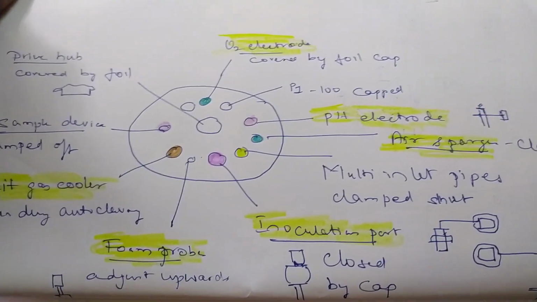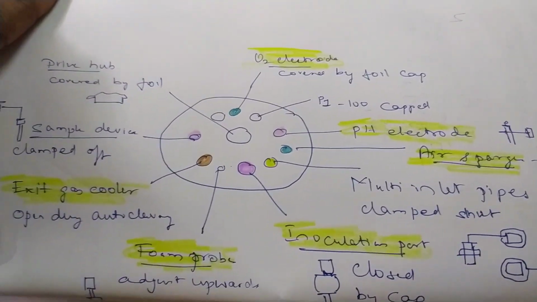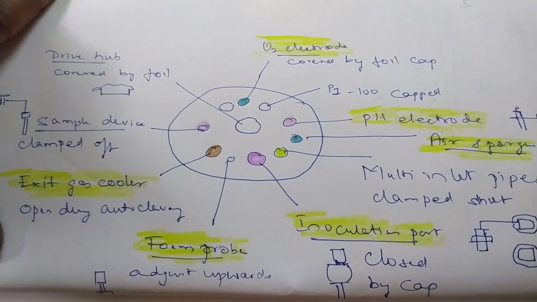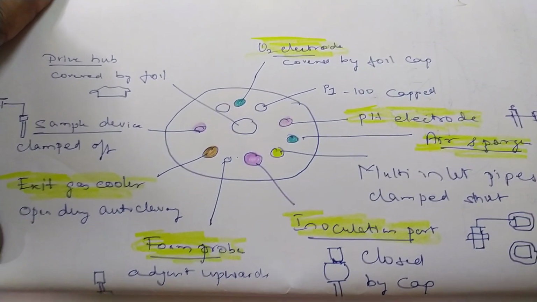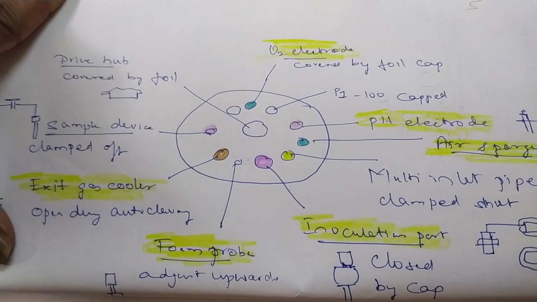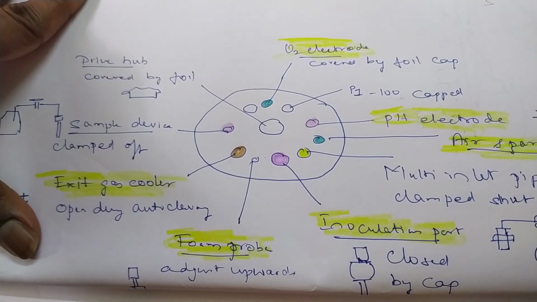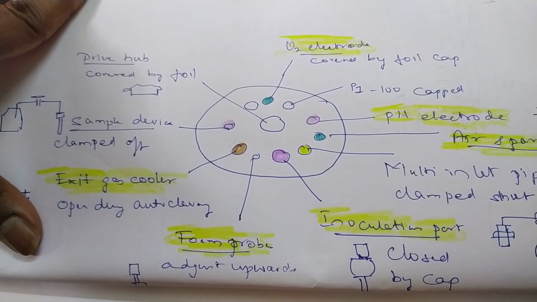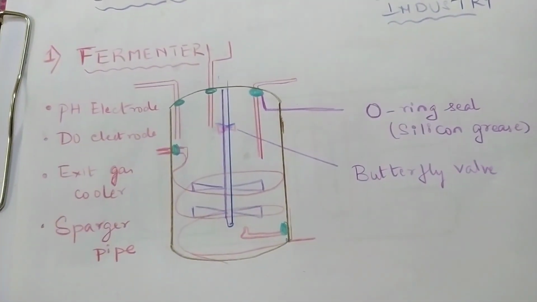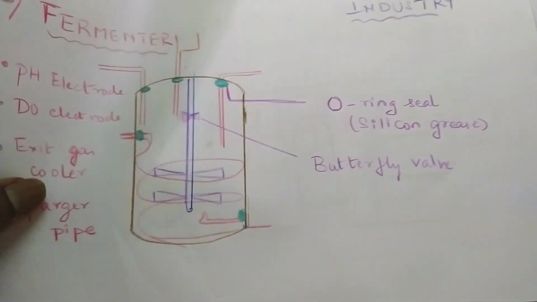That's called the inoculation port. Then you have the pH electrode, the air spargers, then the oxygen electrode. In all these areas you can see inlet pipes entering. The bioreactor's headspace is highly complicated, so contamination can easily happen. So there is a requirement for the seal we are talking about, the O-ring seal. I think that's the basic introduction.